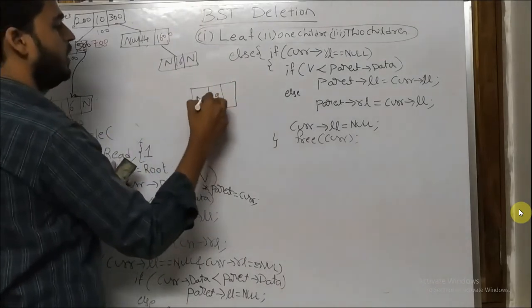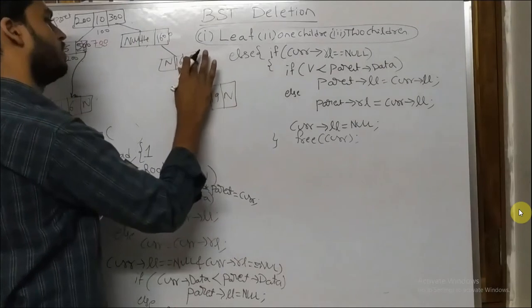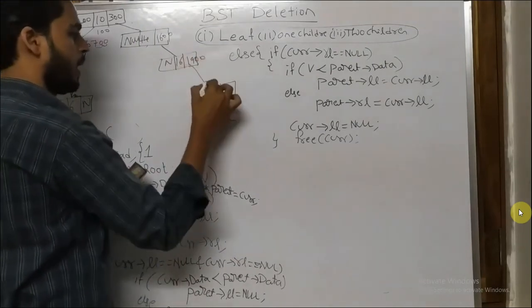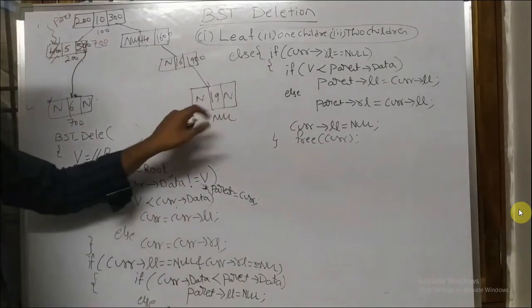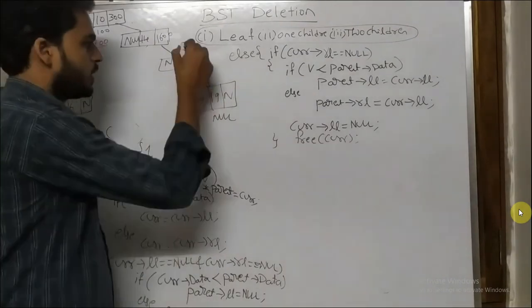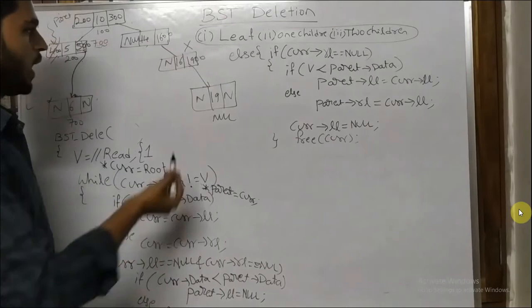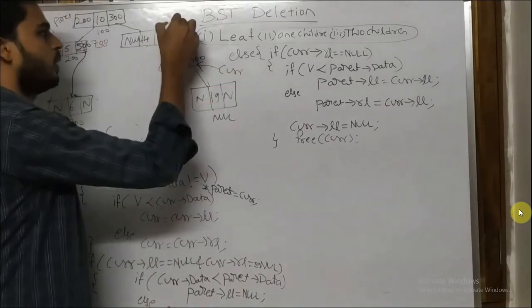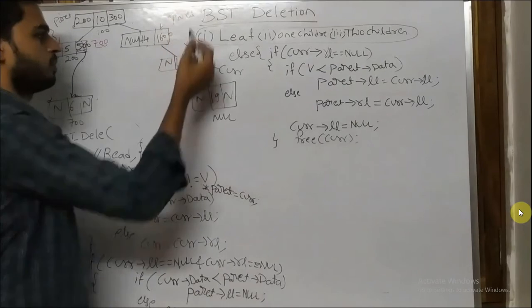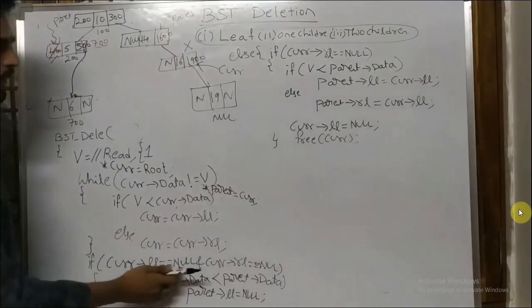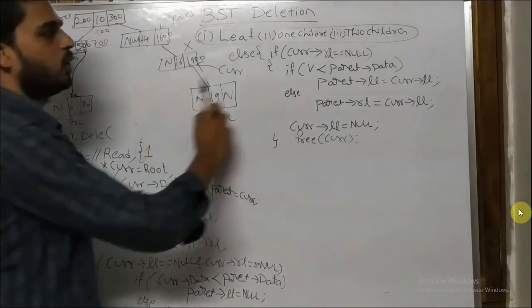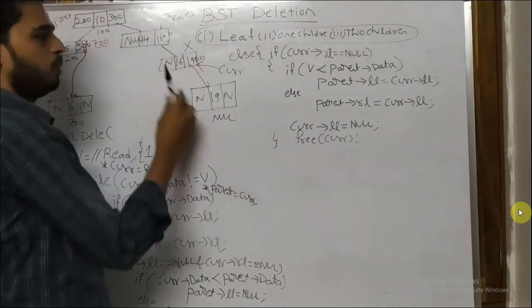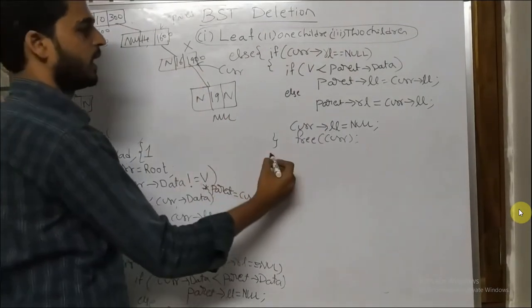Let us take 19, null, some address 1900. No, don't worry, you can understand. I want to delete the node 16, the value 16, right? So I am present at this particular location. This is the current node and this is the parent node. Is current's left link null and current's right link null? No, the condition fails, so it comes here. Is current's right link null? No. Then I need to check for current's left link.